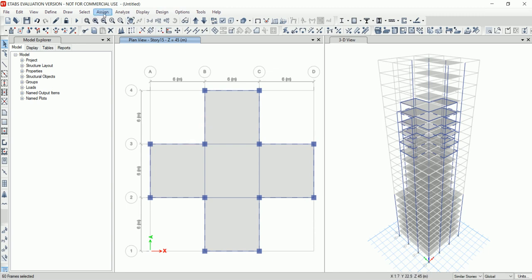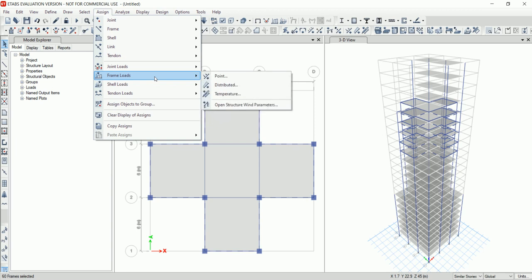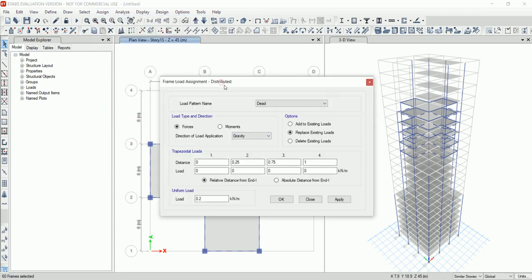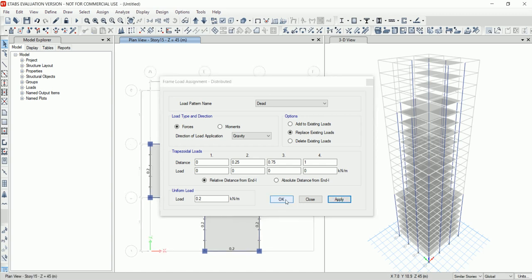Now go to assign and click on frame loads, then click on distributed. The load will be same and click on apply, then click on OK.